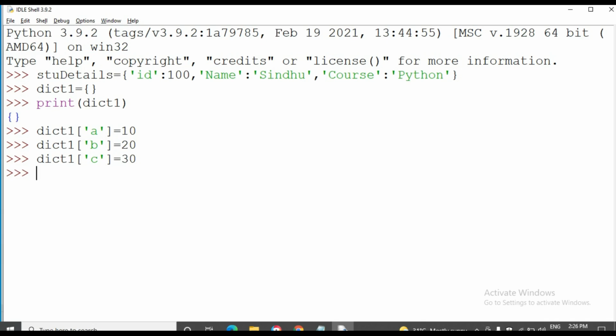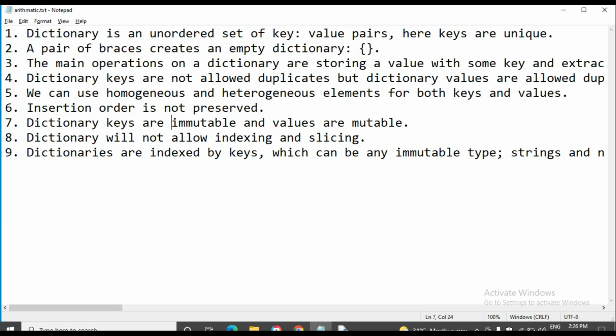So now I want to display the dictionary elements, the key values. See, I have created the dictionary by using the key value pairs.